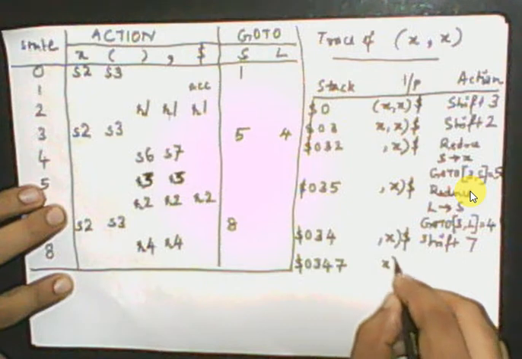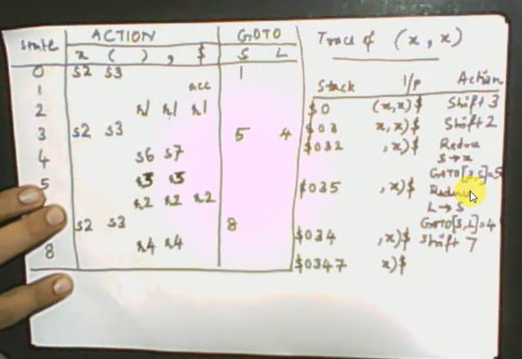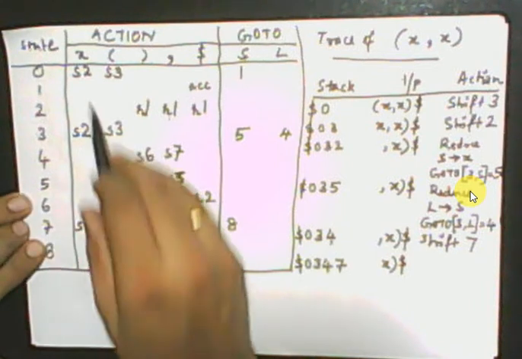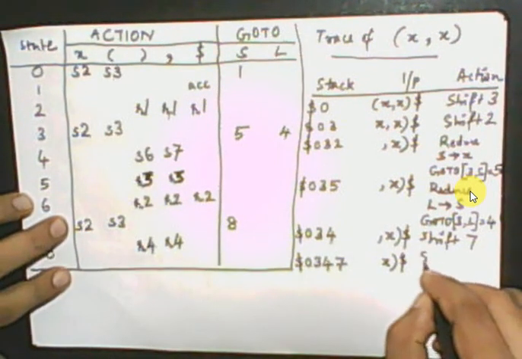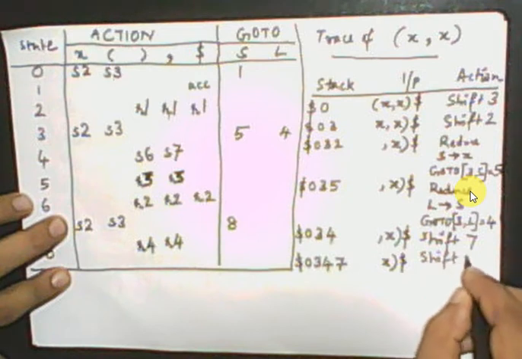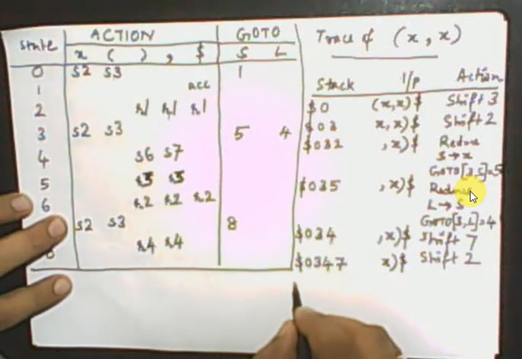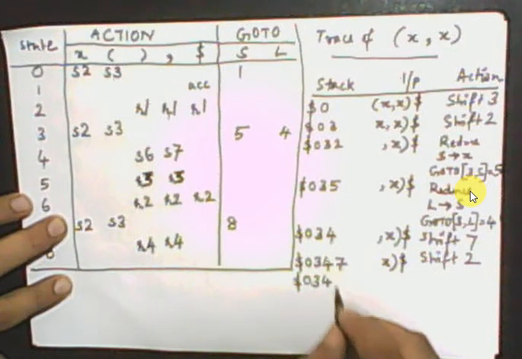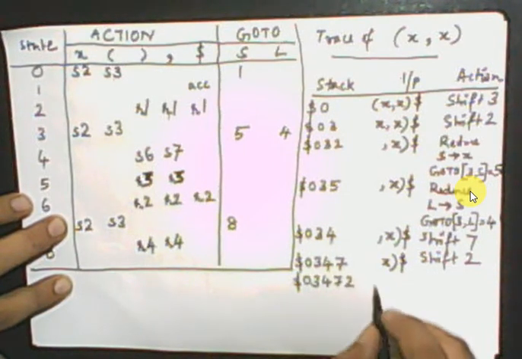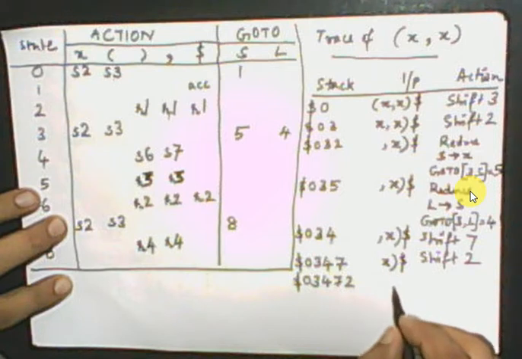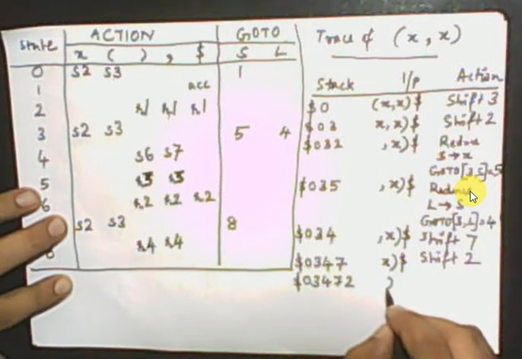You have x right parenthesis dollar. Now 7 on x, you have a shift operation, that is shift 2. So it is $ 0 3 4 7 2, and x will be shifted, so you have right parenthesis